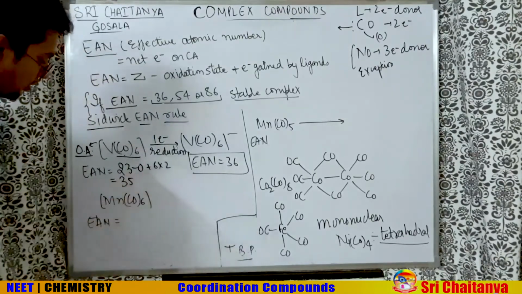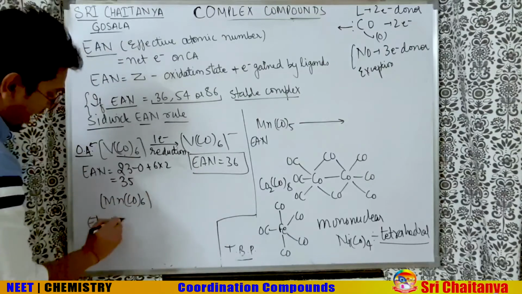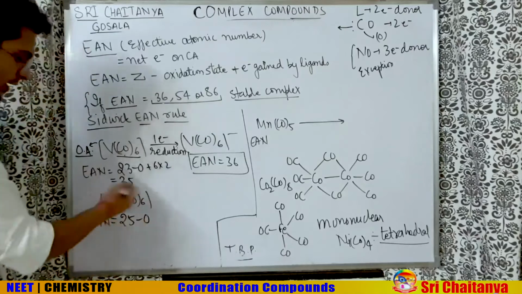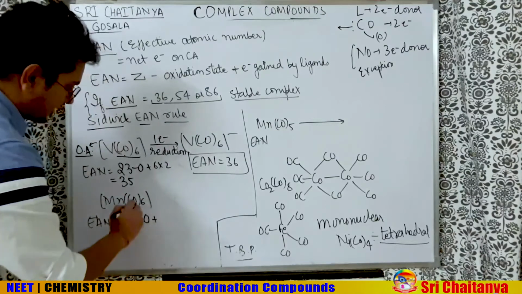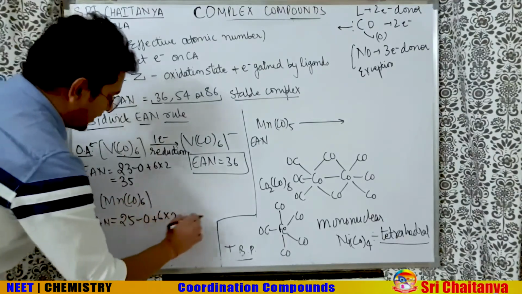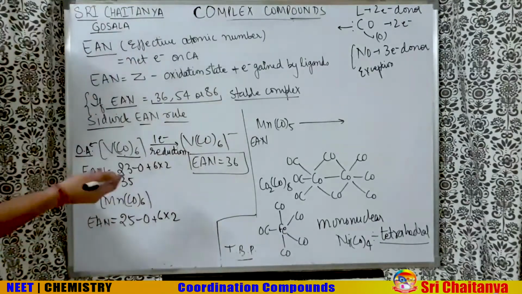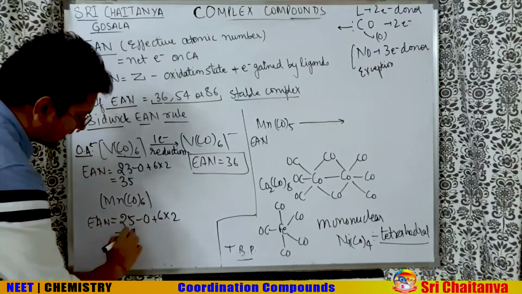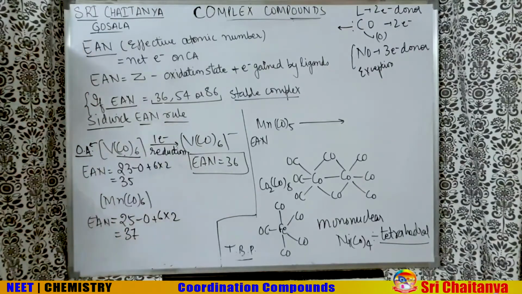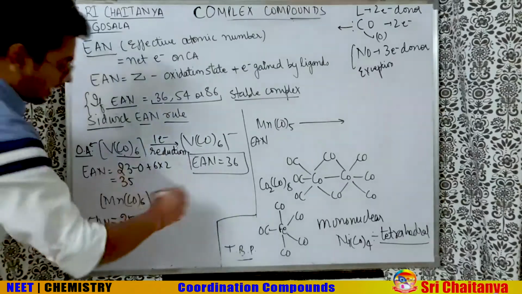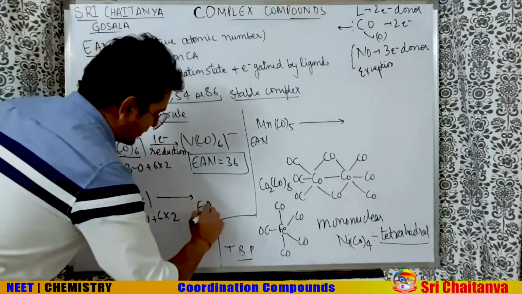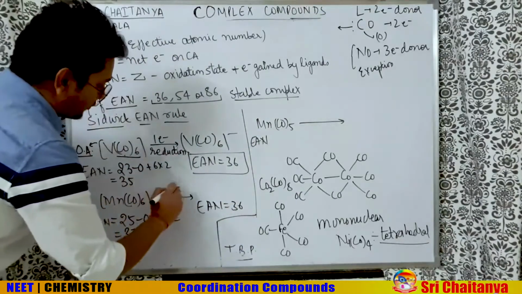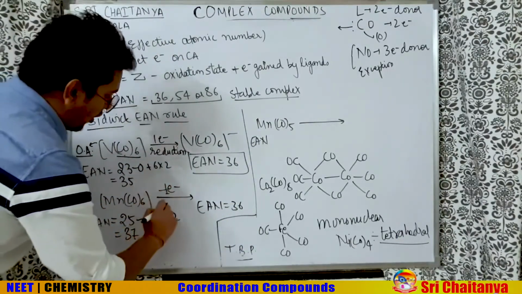Next, Mn(CO)6. In the same way you can check here. Mn, manganese, atomic number 25. Then oxidation state will be 0 only, plus 6 CO ligands making coordinate bonds, that means each one giving 2 electrons. So this comes out to be 25 plus 12, that is 37. And I think now you are smart enough to understand that to become EAN 36, it will release an electron. So it releases 1 electron, so it is getting oxidized.